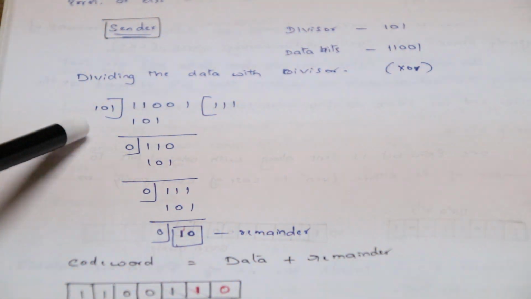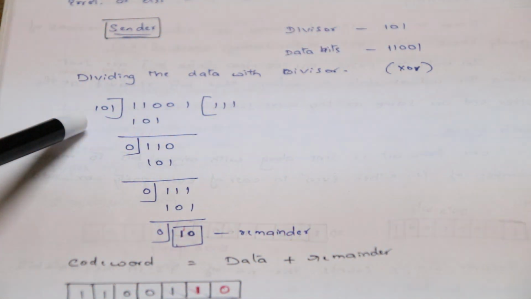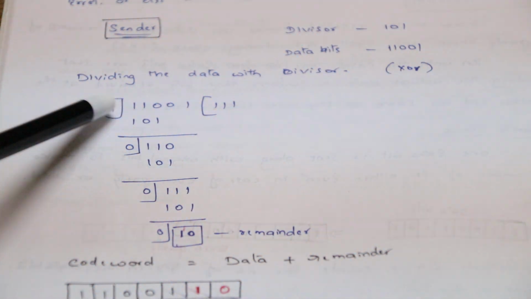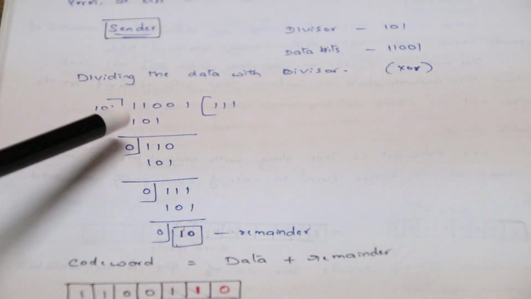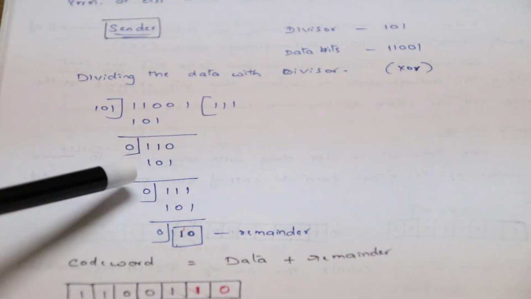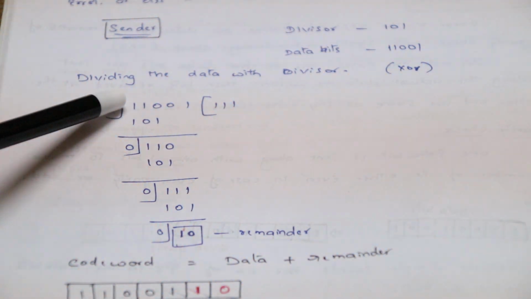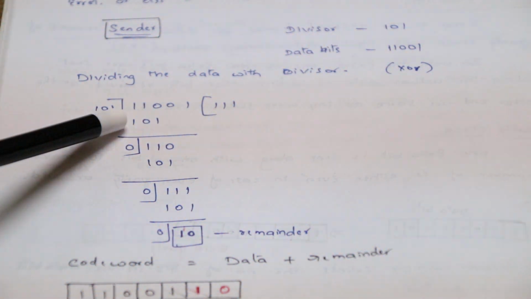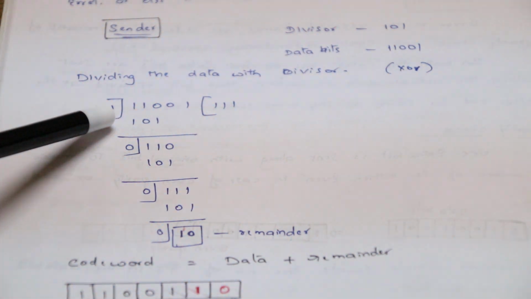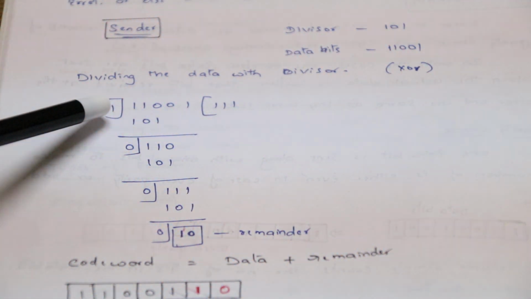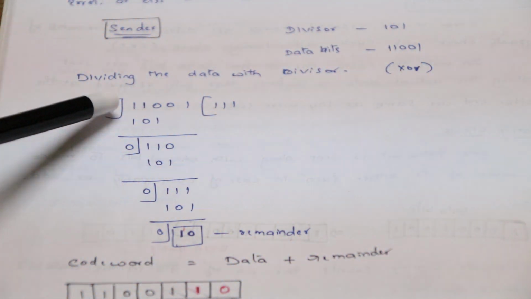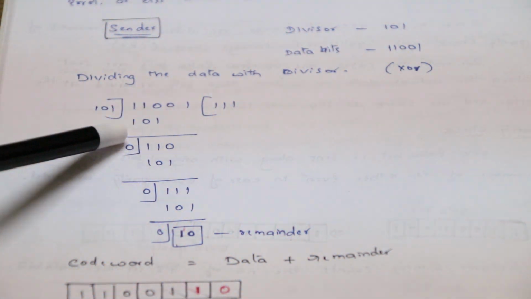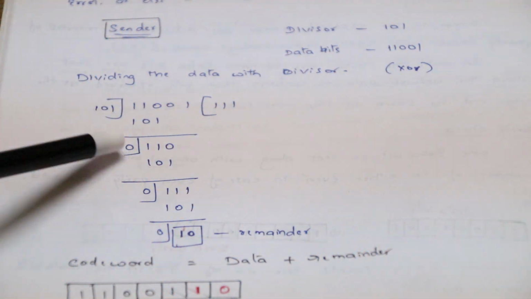If you see the calculations, the division operation here means that if we divide the data with the divisor, you are going to perform XOR operations. So these are the XOR operation results. For example, the first three digits, 110, when you divide that with 101, we are simply doing an XOR operation. XOR is a very easy calculation: if you find equal digits, the result will be 0. That is, if you find two ones, it will be 0. If you find two zeros, it will be 0. In the rest of the cases, it will be 1.